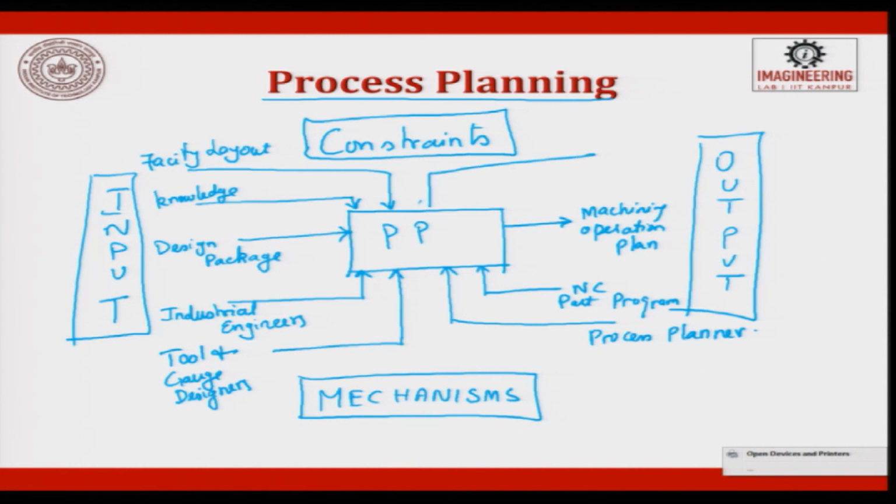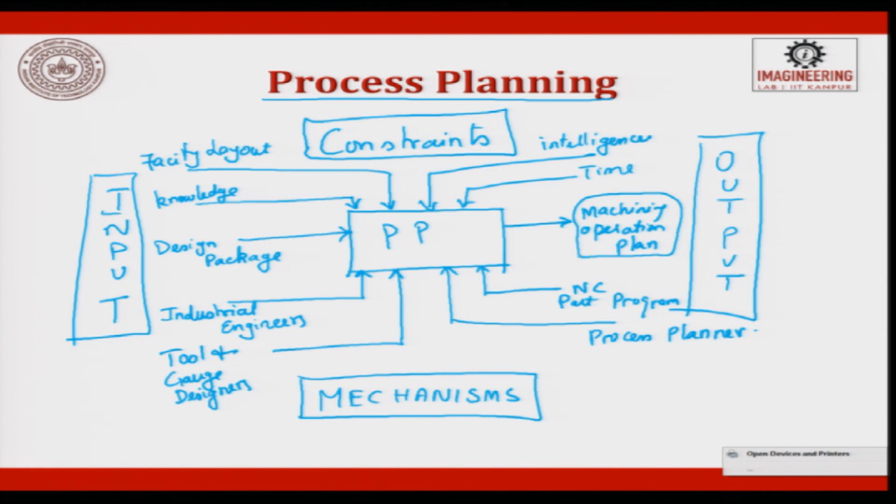So, you have to put an input of intelligence and then time. All these things are inputs given for process planning, and the only output you get is the machining operations plan. So, this is a complete schematic diagram of all the inputs given to a process planning operation and